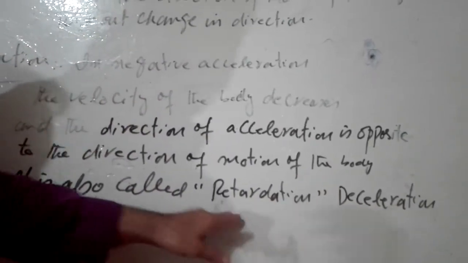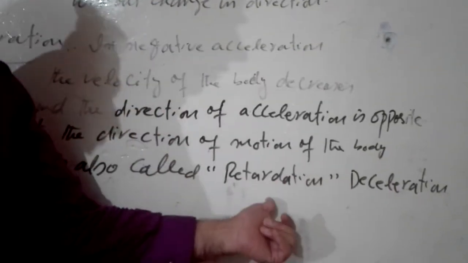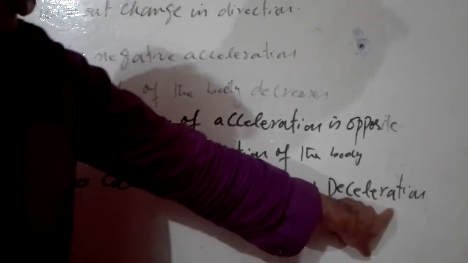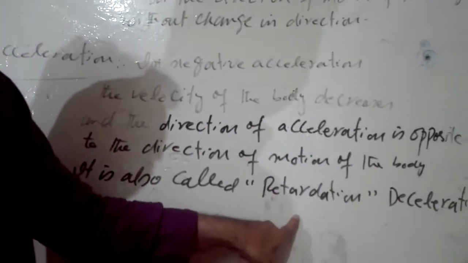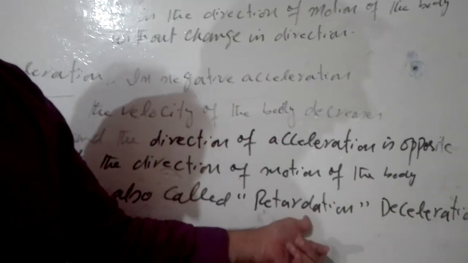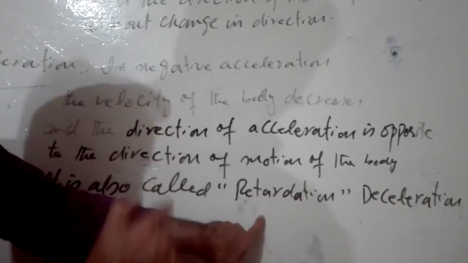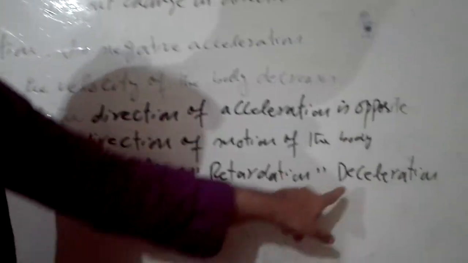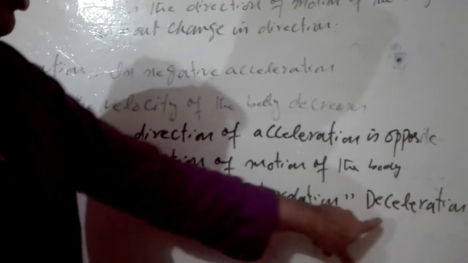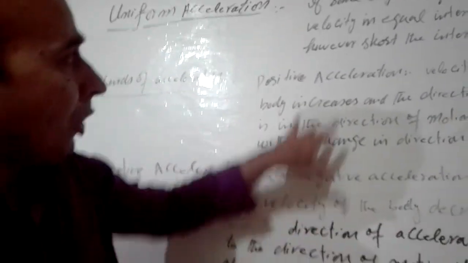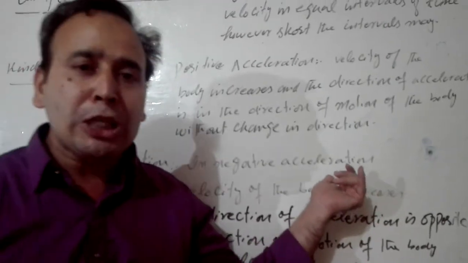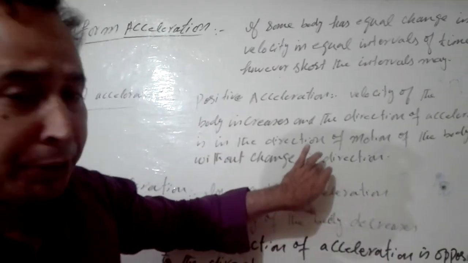Also keep in mind it has three names. One is negative acceleration, the second name is retardation, and the third is deceleration. These terms are also written in your book. So the examiner can ask you about retardation. If some examiner asks you what is retardation, the answer must be the same. If some examiner asks you what is deceleration, the answer must be the same. Meaning deceleration also means negative acceleration, and retardation also means negative acceleration. So these are the terms I have explained to you. Only the definition that I have written, these are also written in your book. You have to keep it in mind. That's all.